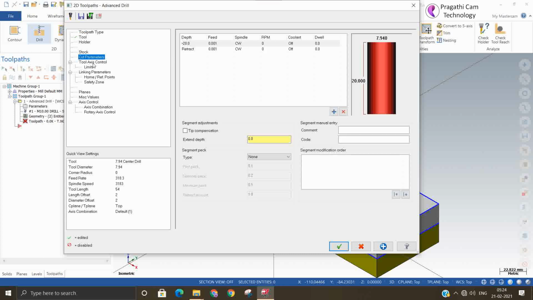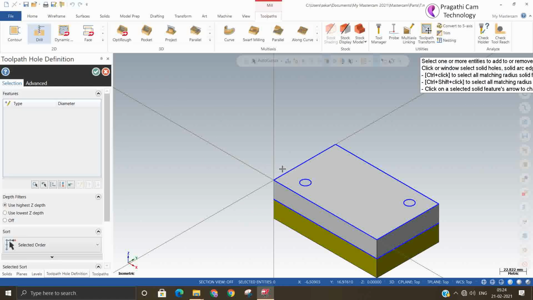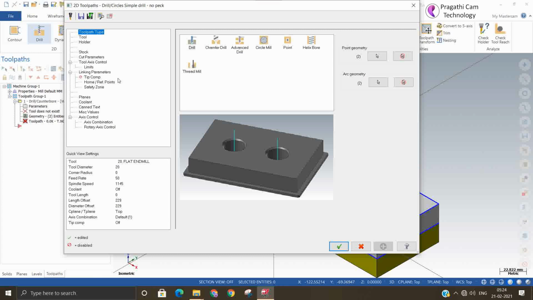Actually, this particular tool path is not suitable for this application. So I'll first make one normal center drilling, normal drilling. Then we'll come to the second option. Center drill.